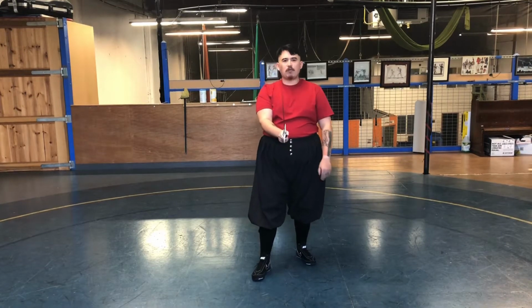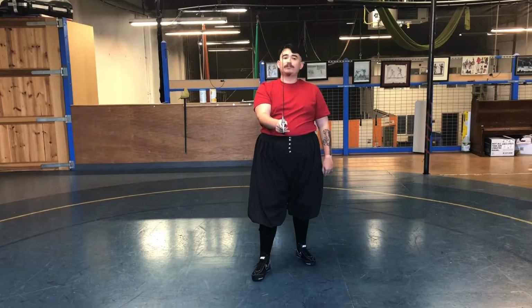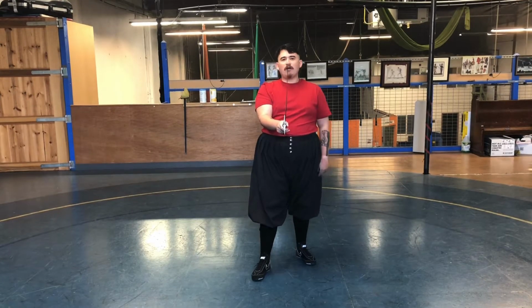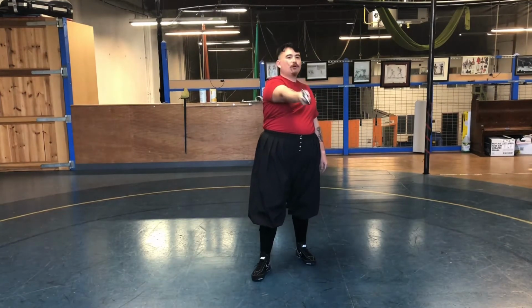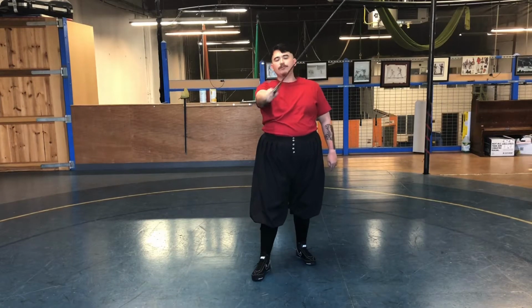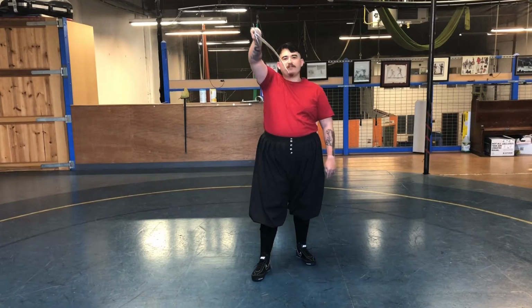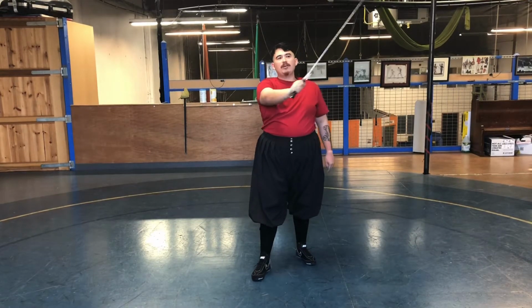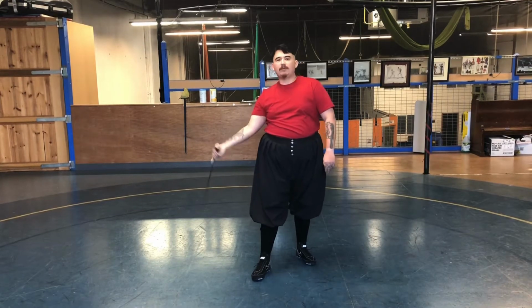But if we have this very square positioning, right on against our opponent, facing them, the way that we differentiate our shoulders from our hips is essentially by not really moving our lower body in a stationary position at all. We want to focus mainly on just making sure our shoulders are following through on our cuts. It's probably a little bit difficult to see because I'm wearing very large goofy pants, but the rotation of my hips is very minimal. As I slowly speed this up,